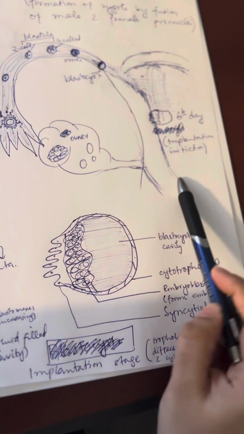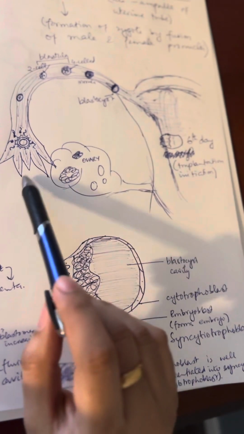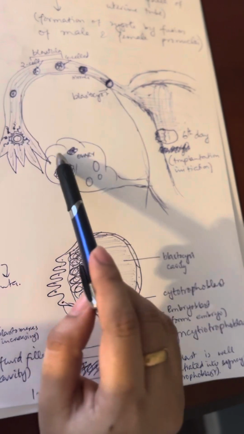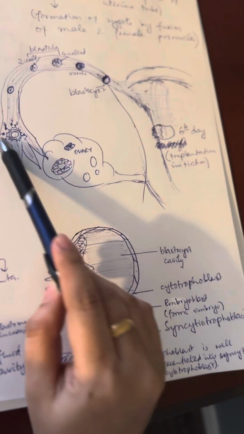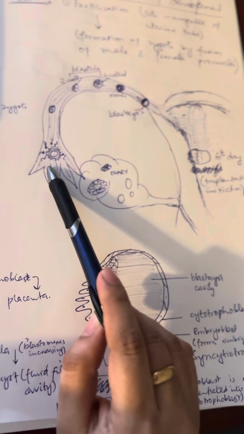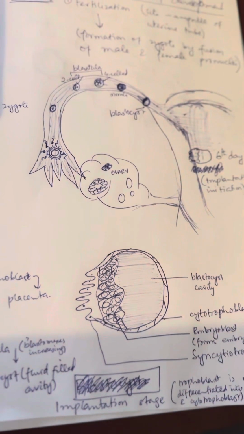This is the uterus, this is the ovary, as we can see. Okay, the fertilization takes place in this part. That's the ampulla, that's the white part of the uterine tube. The first stage is the zygote, and then it keeps on